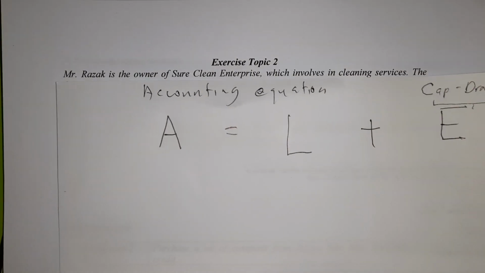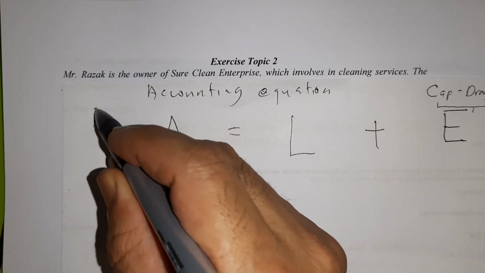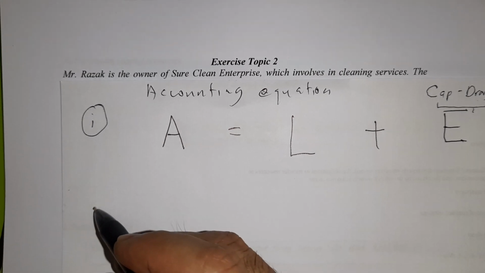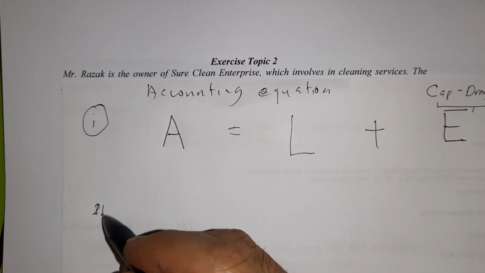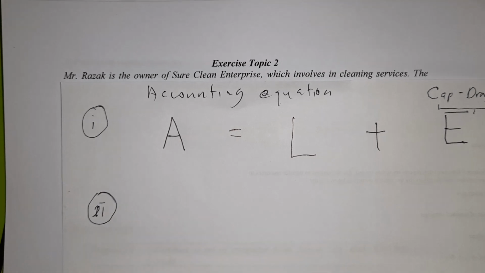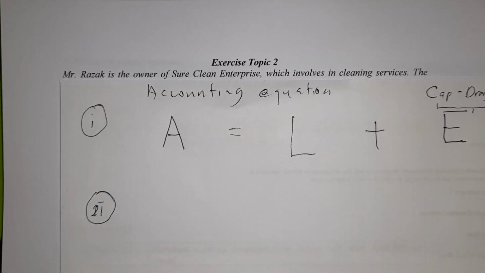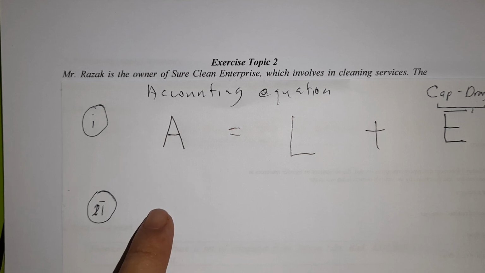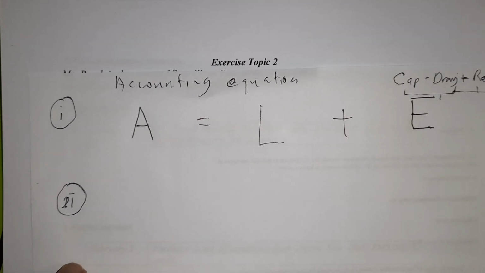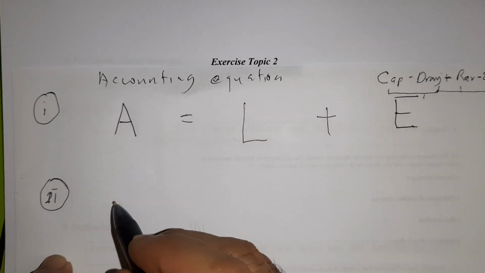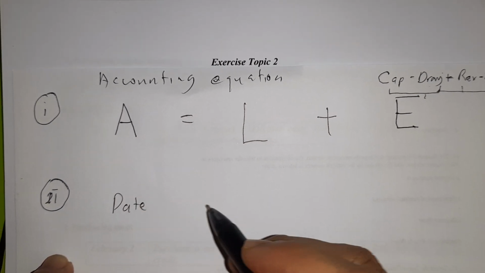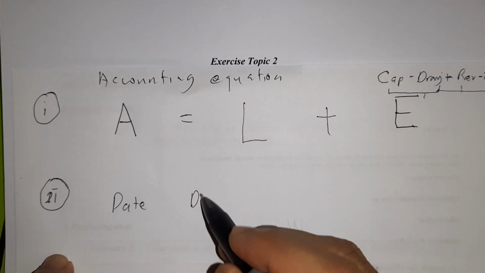The second thing that the question asks you is to show the general journal entry for the transaction. So to do the journal entry, you have to know the format for the general journal. The format for the general journal is like this. You have to write the date, and then you have to show the debit account,